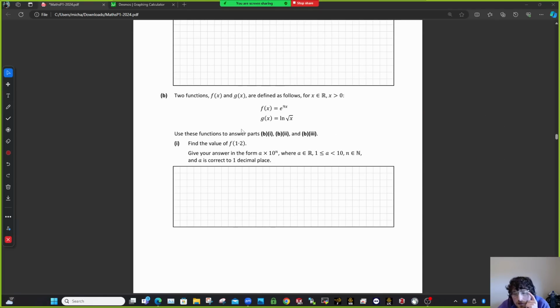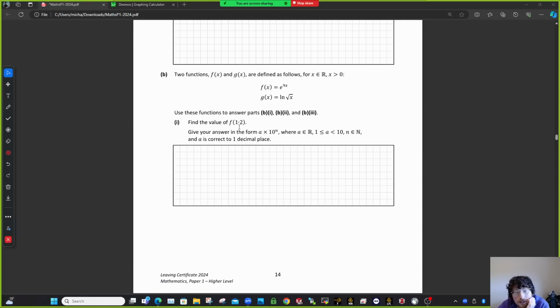Now, this is a good question here. So we'll go through the parts. Find the value of this. Okay, so that's easy enough. It's just the scientific notation. It'll catch people out. So it's e to the 9 times 1.2. You type that into your calculator. You're going to get